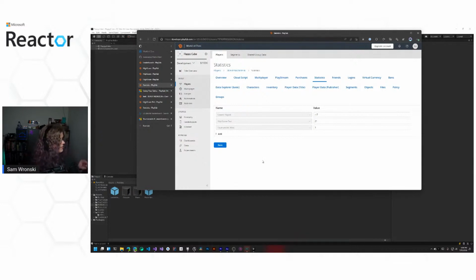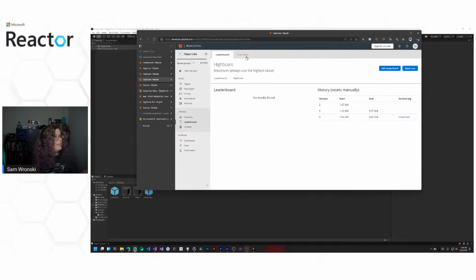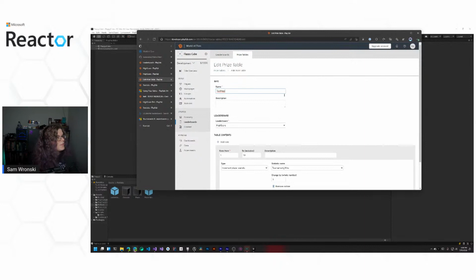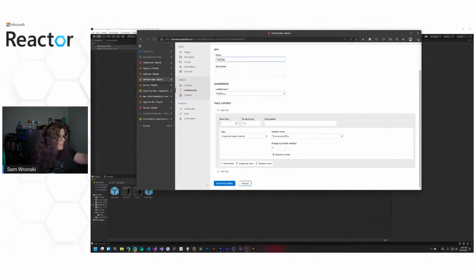So the prize rank is calculated on a reset. Yes. So that's what ends up happening. So if we look back here, prize tables. Let me see if I can figure out what that is. Yeah, so there's a 1 to 10 inclusive for the rank. So the top 10 players in this case would have gotten a tournament win increment by invoking this. And so that gives you a way to modify that. Does that answer the question or not?